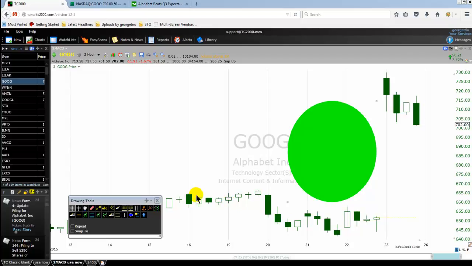If a market leader gaps up, what will happen to the index itself or the sector? The sector also will gap up. The index also will gap up. Are you with me? If the market leaders of the Dow Jones gap up, there's a high chance that the Dow Jones itself will gap up. So if Apple stock gaps up, there's a high chance that the NASDAQ 100 index will also gap up. So if you are trading indices and you are using the Elliott wave theory, I encourage you